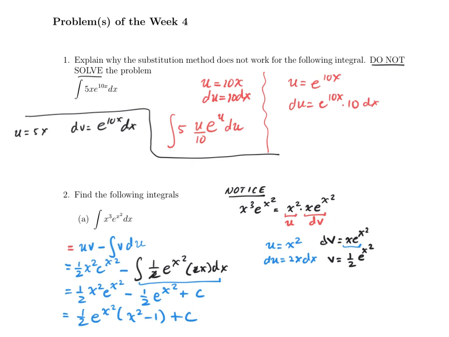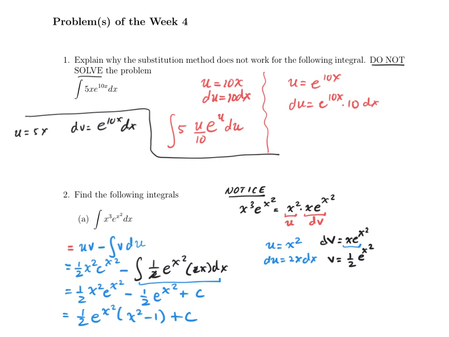Okay, let's move to part B. With this question, you have to be a bit careful because in theory, it looks like if you pick u to be sine, du equal to cosine will work. But this is not going to work because then the du will be on the bottom. So the du has to be by itself. The rule is that the du has to be by itself, and it has to always be on the numerator. So therefore, du as cosine on the bottom will not work. And to make it worse, now you'll have the square root. So this substitution will not work.